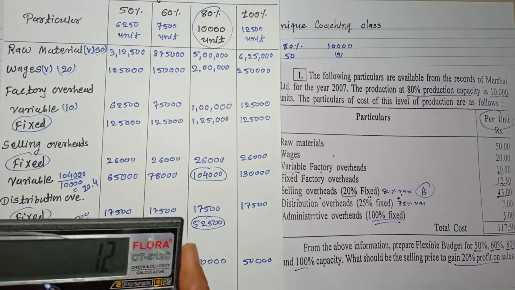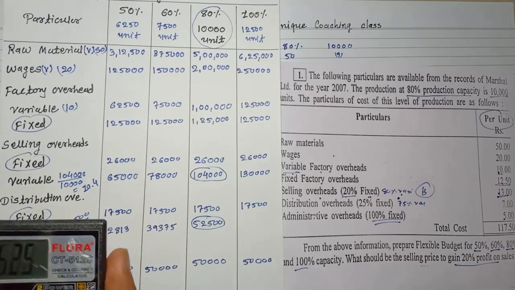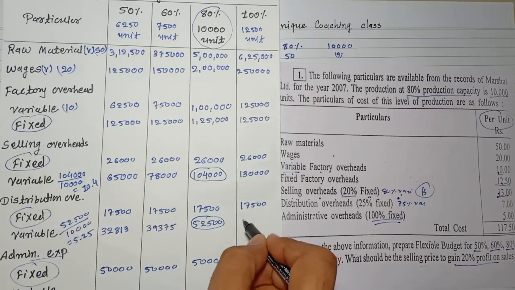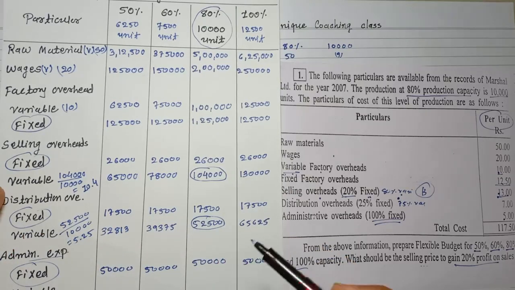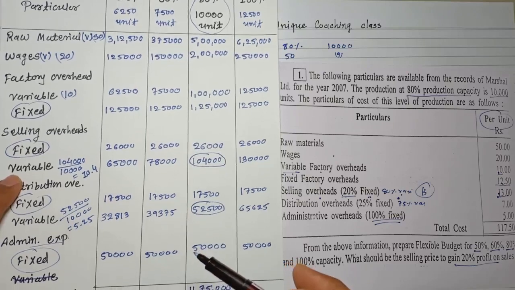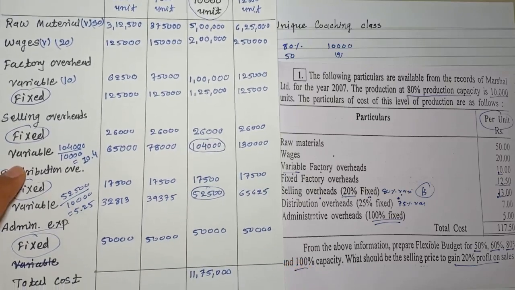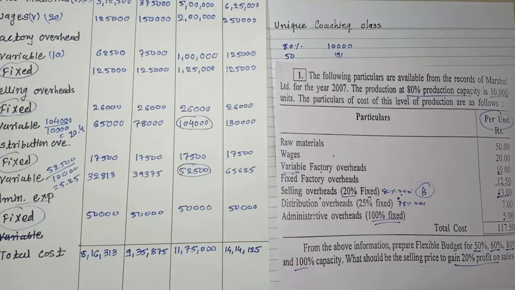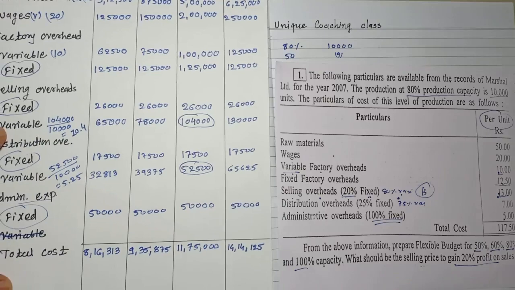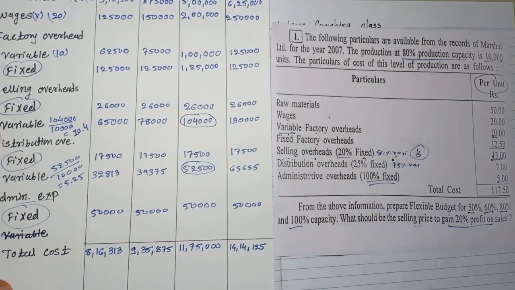39375 and last 5.25 times 12,500, 65625. Okay, so every expense we have found out. Now we have to just total all these amounts. So we get total cost. Okay, I have completed the total. Here 8,16,313, 935 is 75 and 14,14,125. Now remember our sum is not completed here because we have to find out